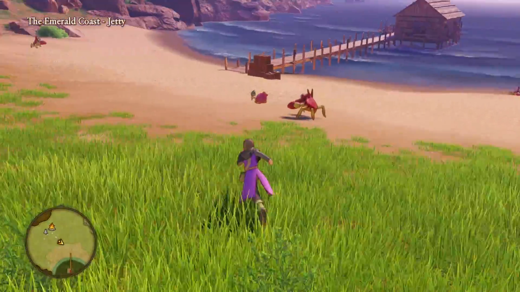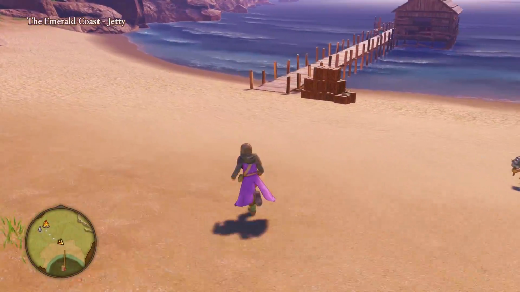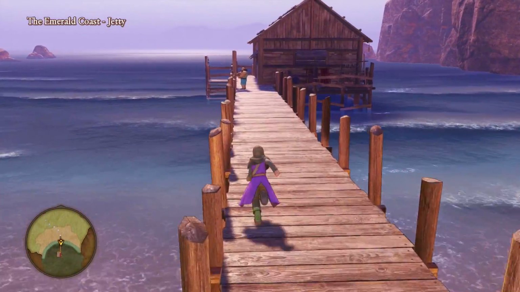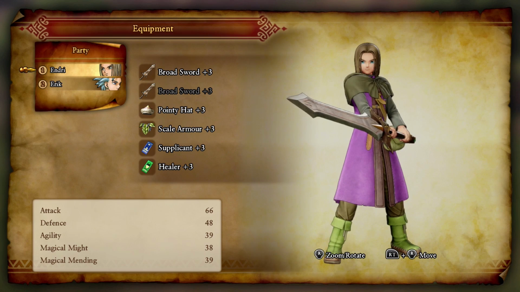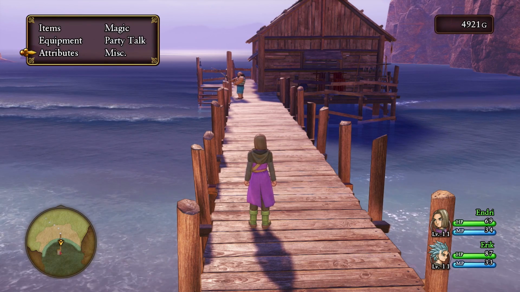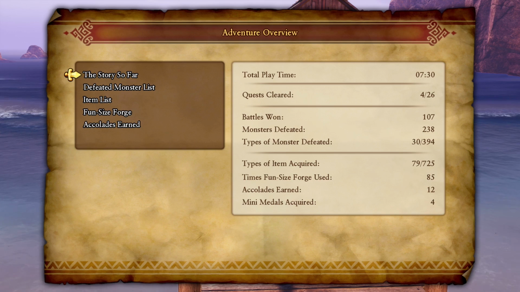So, I did a lot of stuff last time. Should have been a clip up before this episode showing kind of all what I did. Main things to note is everything is now +3. I went back to Eric's dagger when it got to +3 because if we look,